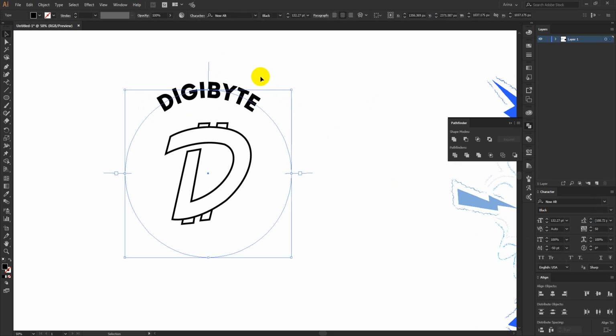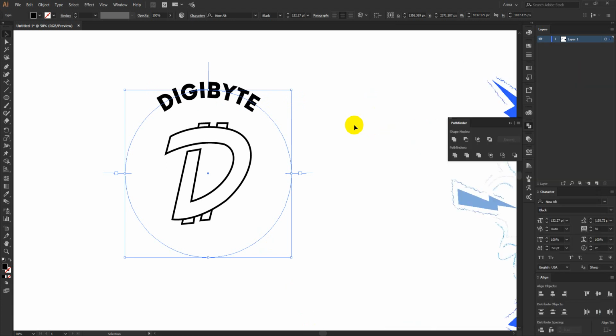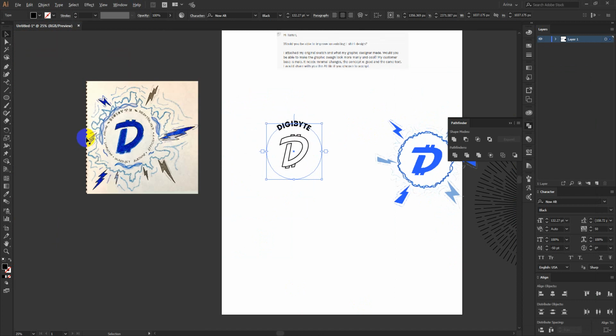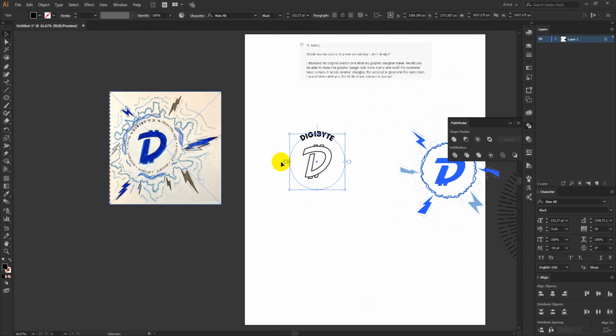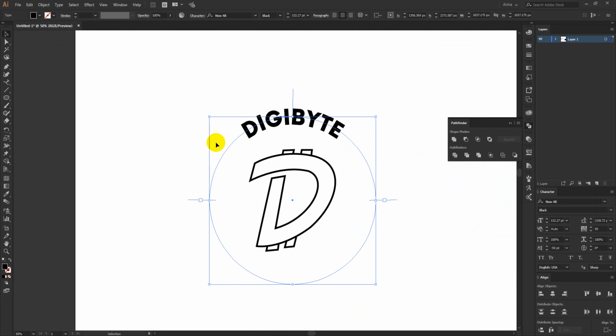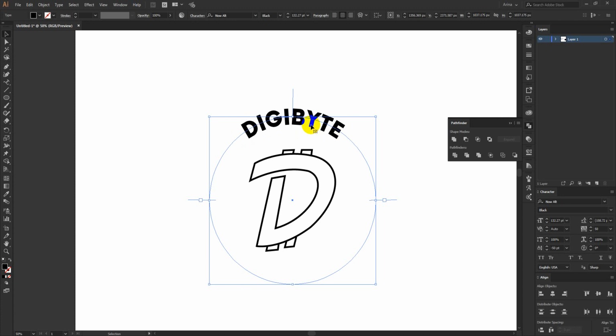Okay, so now this is my main text here. I need to add two more texts, this Secure and this Decentralization. These two texts will be on these two sides. I can simply place those three texts at once and then make this one bigger, but that will not give me the opportunity to make this one center wise. So I'm going to